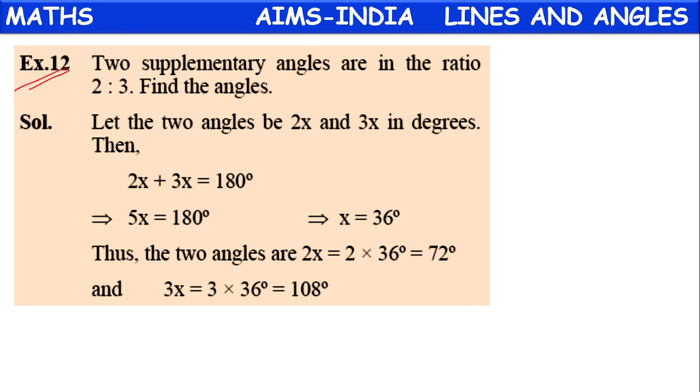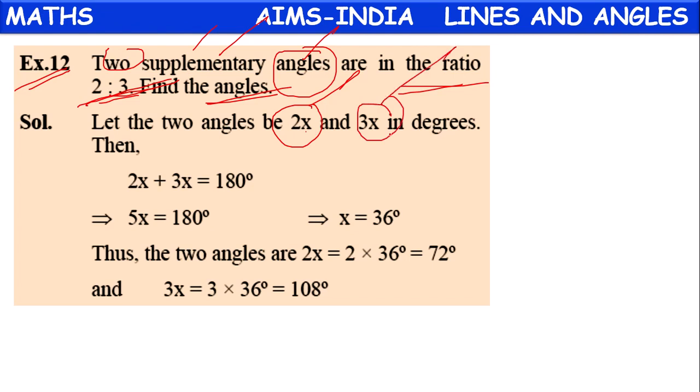Next one, example 12. Two supplementary angles are in the ratio 2:3. Find the angles. They have given that the angles are supplementary, so their sum is equal to 180 degrees. And the ratio is 2:3, which means one angle we can assume as 2x,